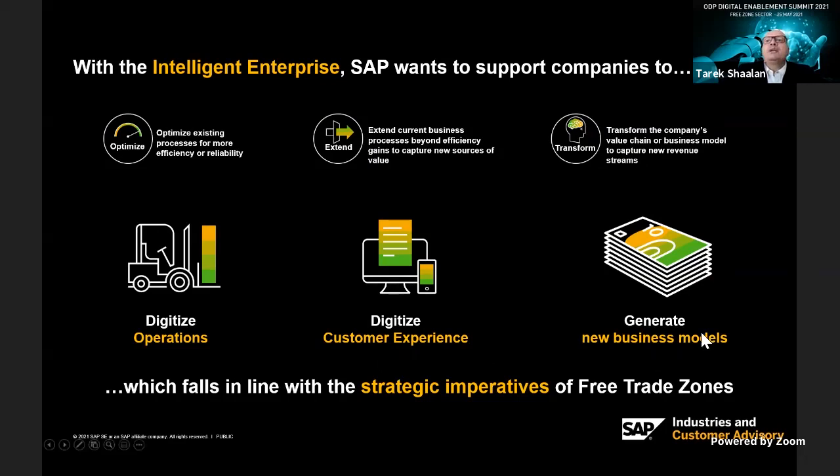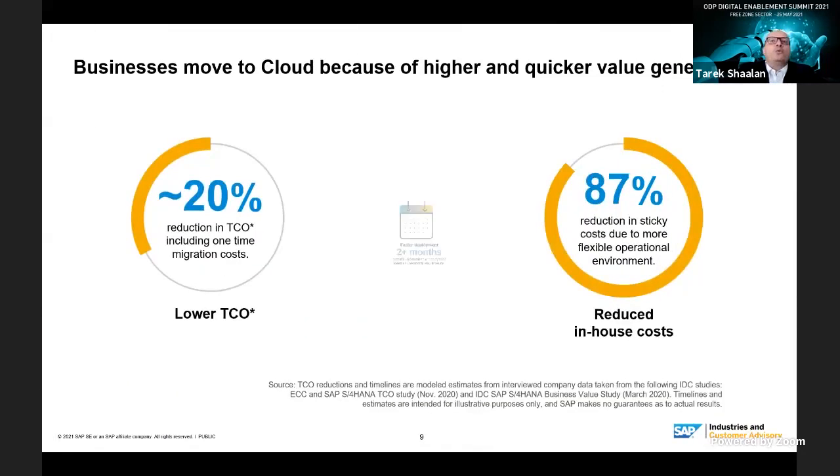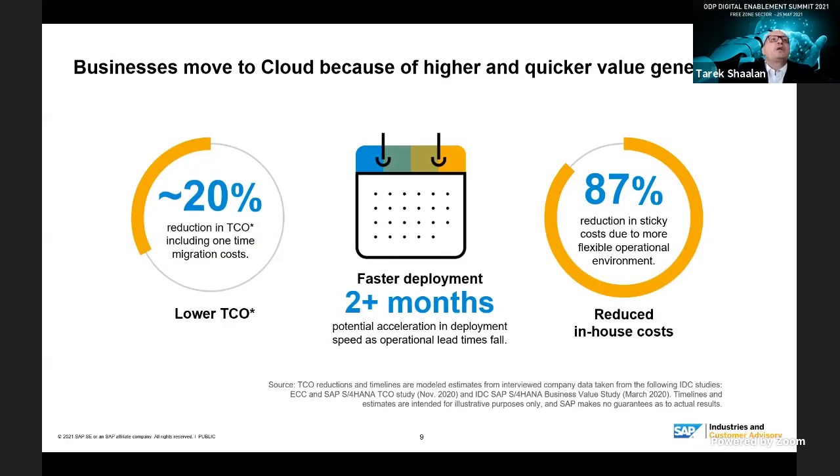And last is to generate new business models, and that's the most important thing that creates the complication at the end, where you want to transfer your company's value chain or business model to capture new revenue streams, as we mentioned on the previous slides. So all this falls in line with the strategic imperatives of the free trade zones, as we showed in the previous slide. So achieving that and moving to the cloud, because you will get many things, and among the